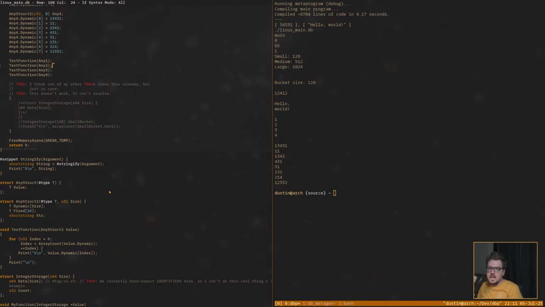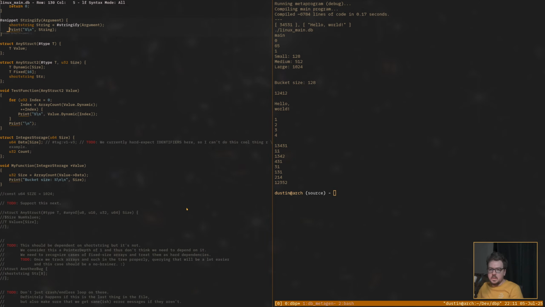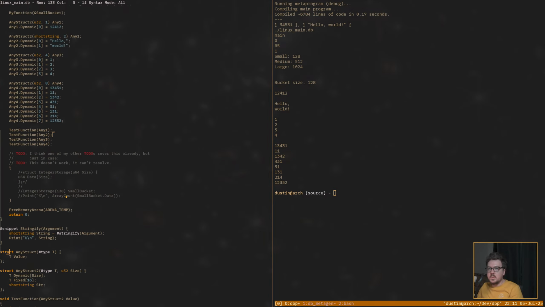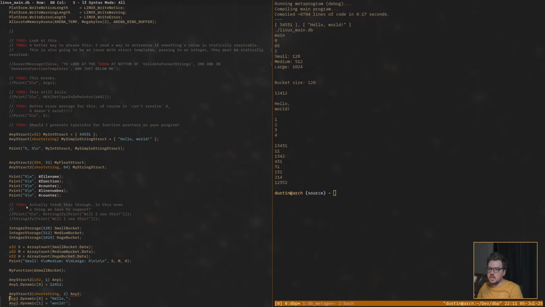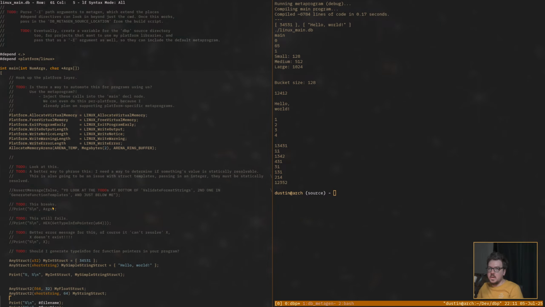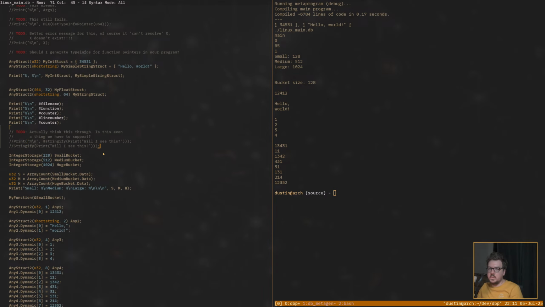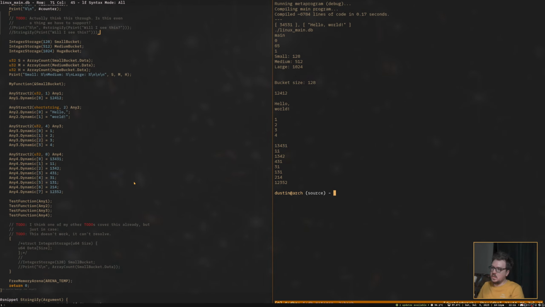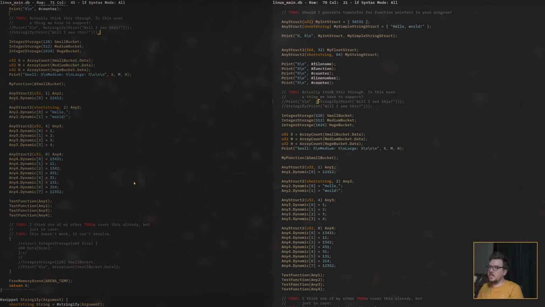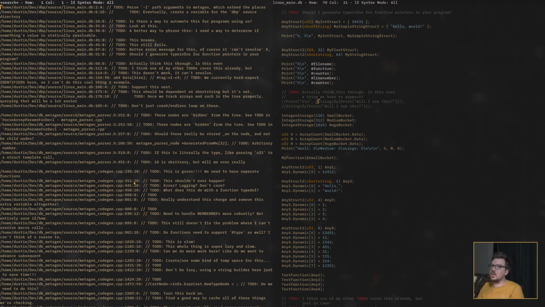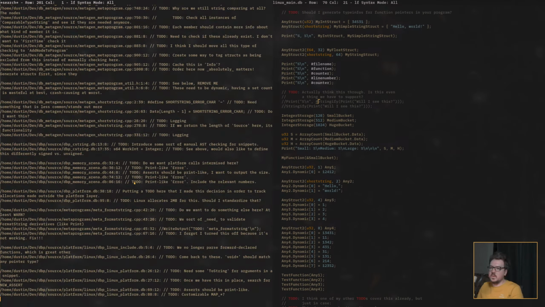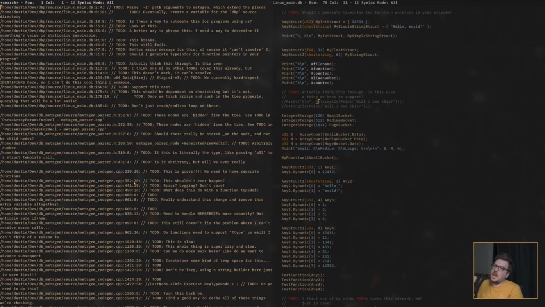Damn, it got late. That ended up being a little bit of a rabbit hole because there was some stuff I had to fix to make that work. But now that it is working, the next thing I want to do is start tackling the to-do debt that has built up in this thing. If I just search for to-do, we have a lot of to-do debt. And I've been wanting to do features and not hit these to-dos.